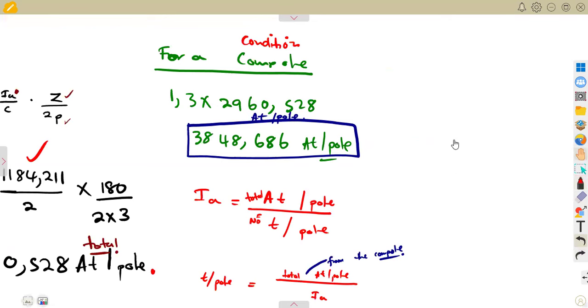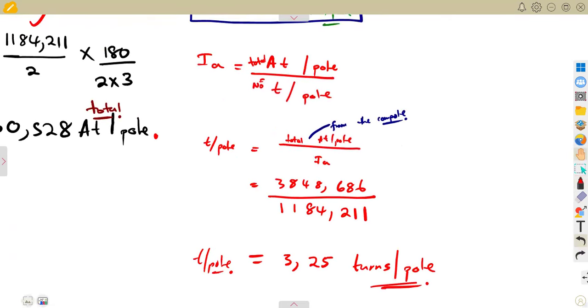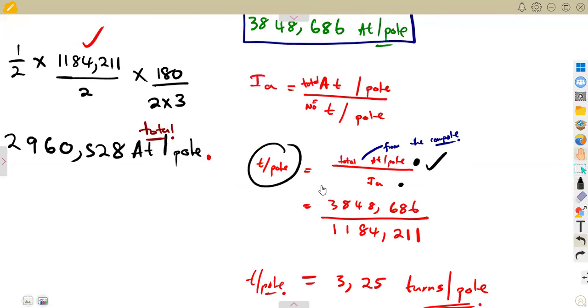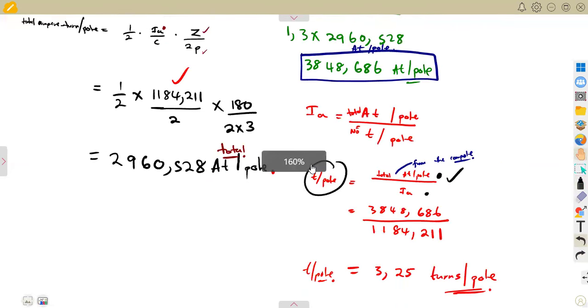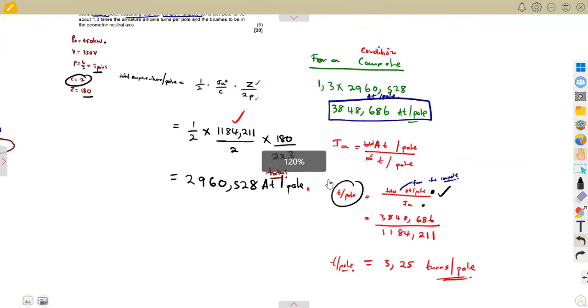Then using this formula of the armature current, the turns per pole is equal to the total armature ampere turns, which is from the compole now, over the armature current. With this formula, you can calculate the number of turns per pole, like what you're given in this condition. So this is how we can attempt